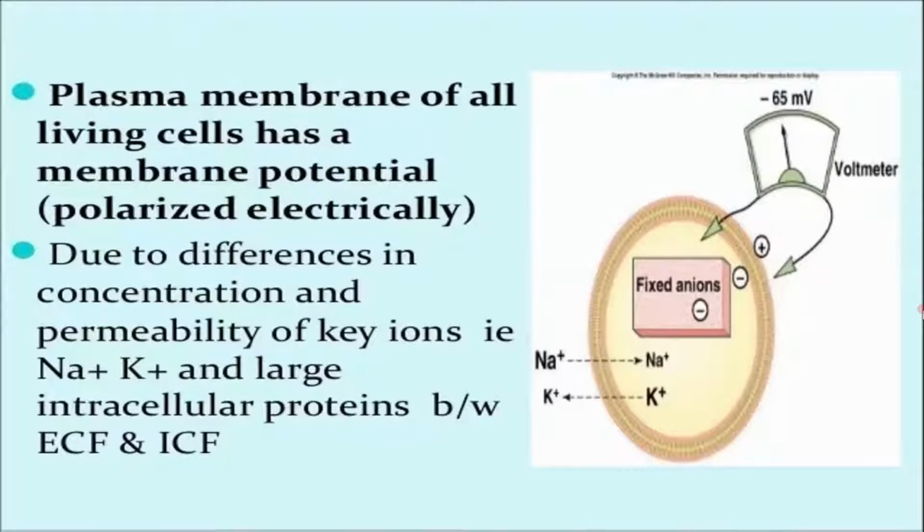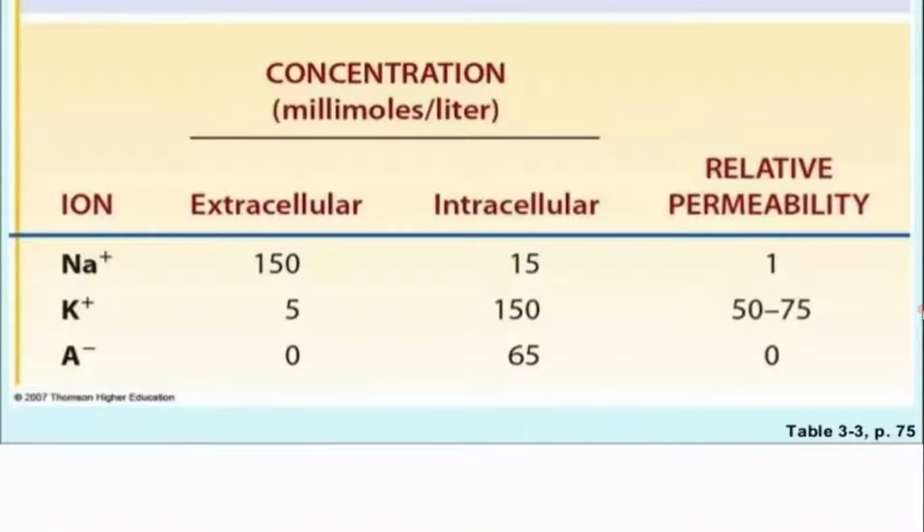So you can see in this diagram how a resting membrane potential is recorded. So what are the causes for the genesis of resting membrane potential? There is a difference in ionic composition between the ICF and ECF, and the permeability of different ions at rest to the membrane is also different. Potassium is much more permeable as compared to sodium. You can see in this diagram, sodium in the extracellular fluid,